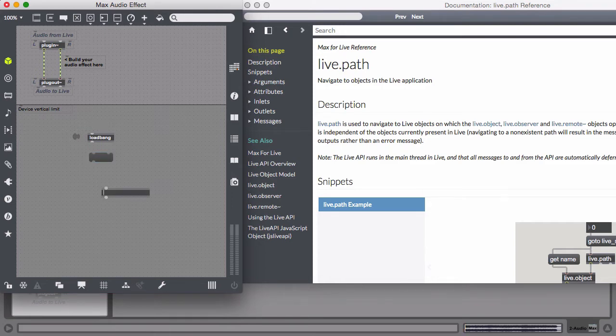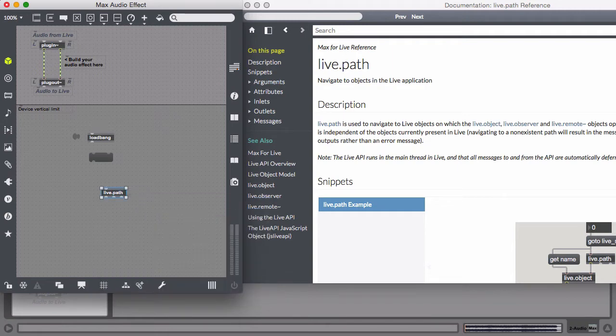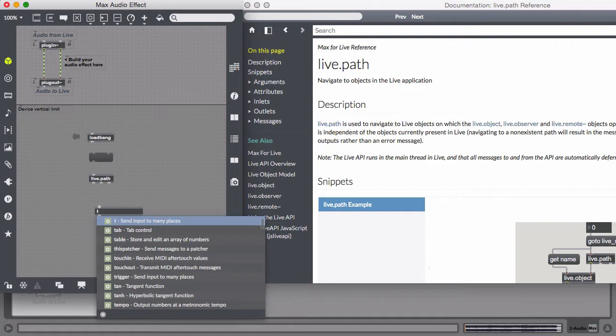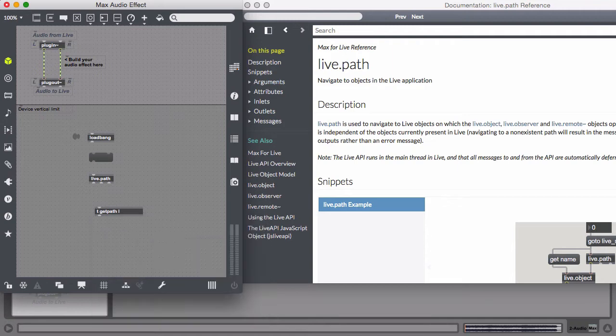Then we're going to have live.path, and you can see it up to the right, the reference, but we'll talk about it more in a second. Just a moment. Get path. This is a message that's going to be sent through this trigger. If you don't remember the trigger, definitely go check out the Velocity Raptor mini tutorial I did. Next is a list, which if you remember the trigger, the list is actually first, then get path. So I'll throw that guy there. Then we're going to do another object,